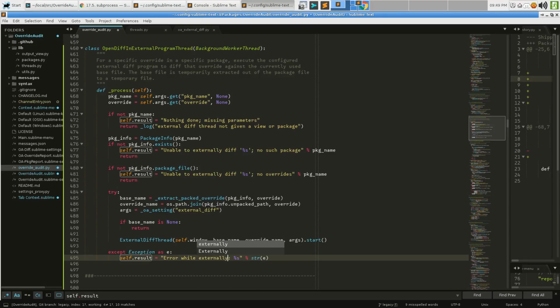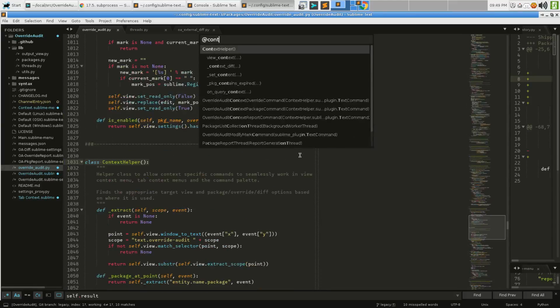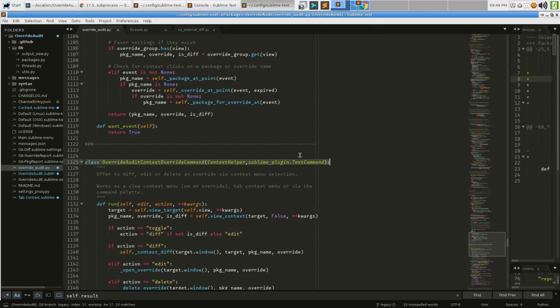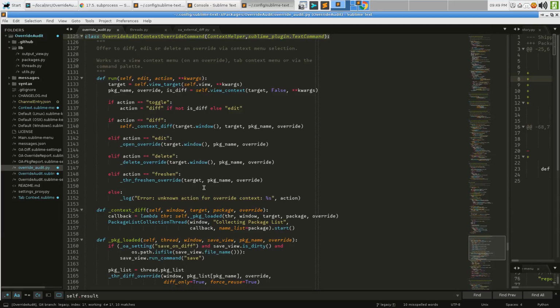Error while externally diffing, let's say. That is totally something that is not a nice name, and we could copy that. And if we found that context override command thing, then